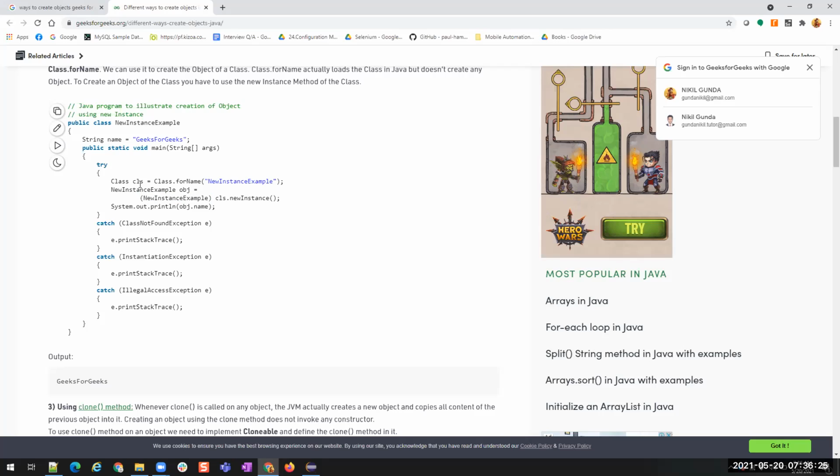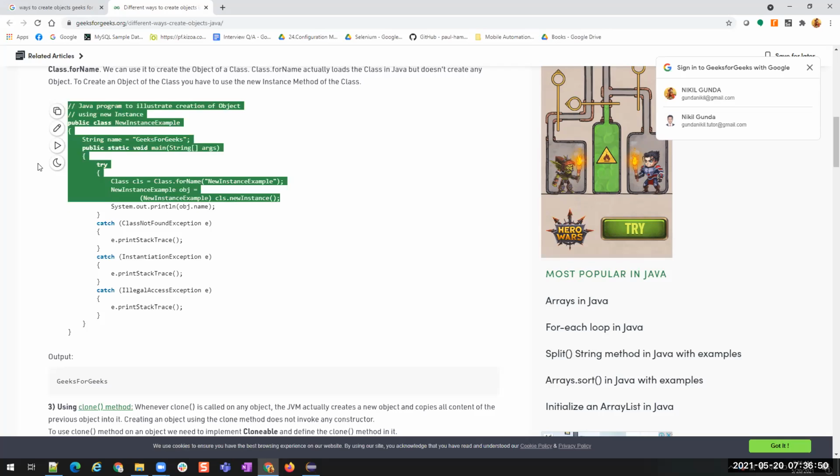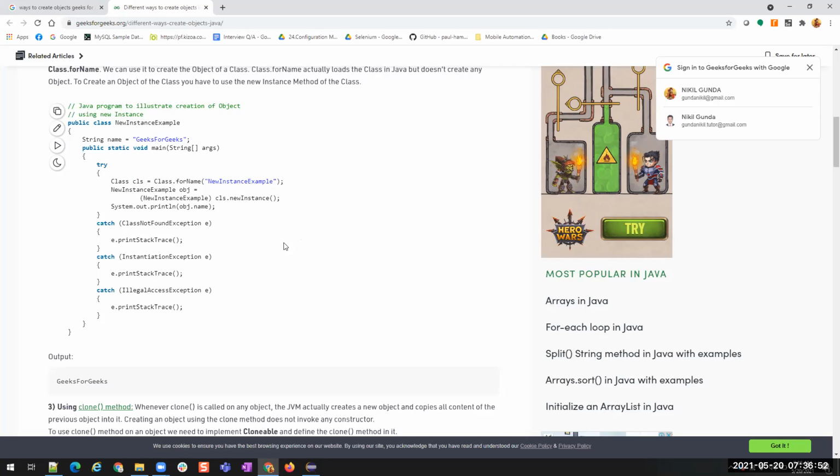But to get a class object, we have to get this class into some name, right? So that is this class name. For which class do I want to create an object? I'm writing this: I want for this class, Class.forName. For this class, I want to create an object using newInstance. So I stored it in this cls variable and then cls.newInstance. Don't worry, this is a sample only. We are not going to use this, just for interview purposes. How do we create it? We get a particular class, and on that particular class, we apply the newInstance method. This is going to create a duplicate object of the same class.